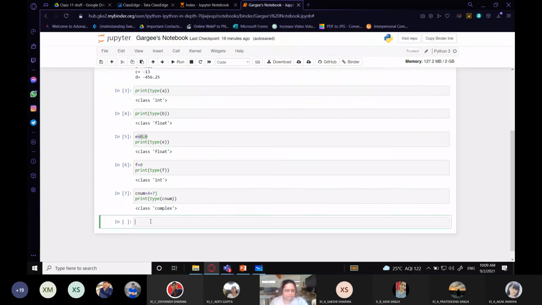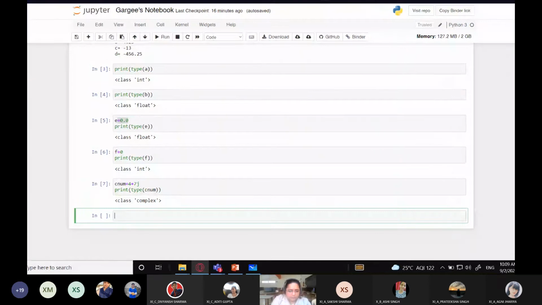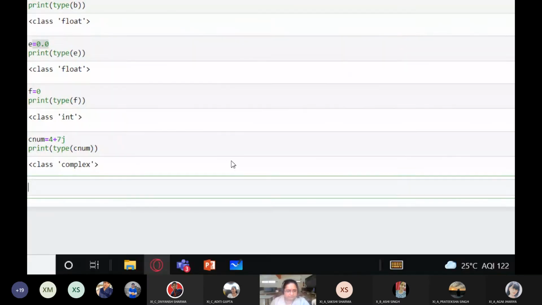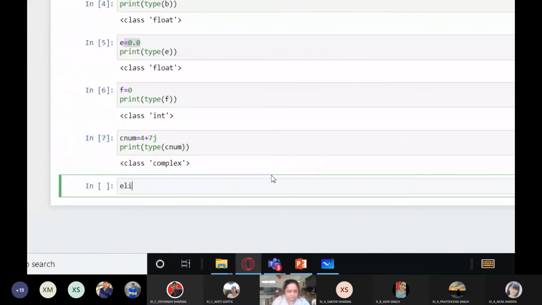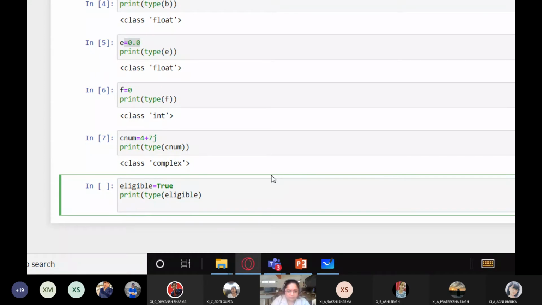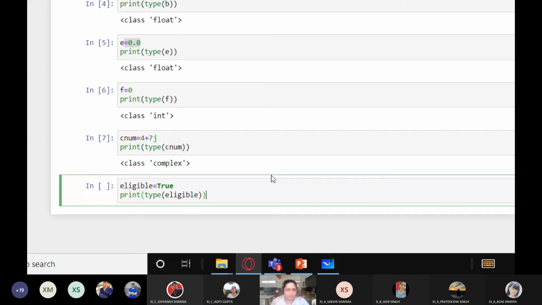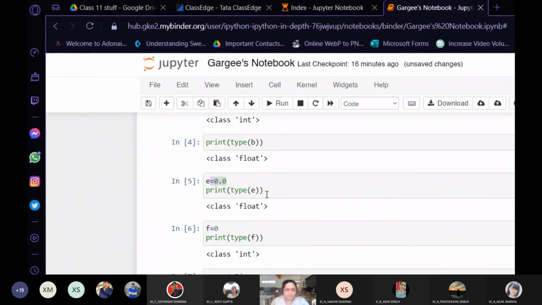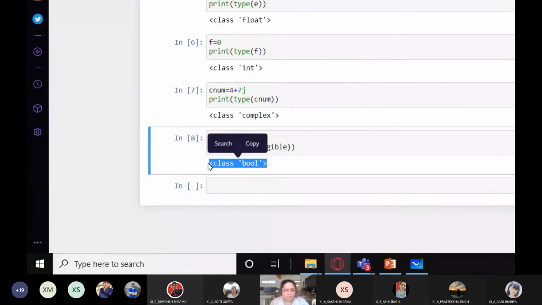So let's check it out over here. Like I write here eligible equals, I write true, and you can see the color of true is changing. If I print its type, and here I'm going to run it, and you can see it gives me the class bool.